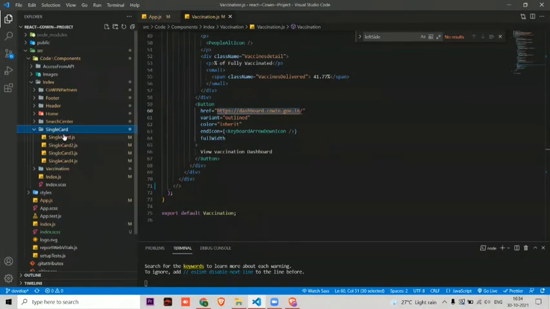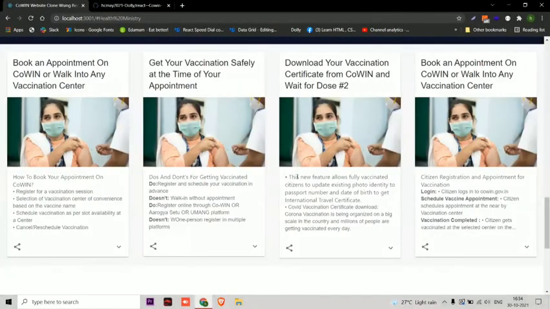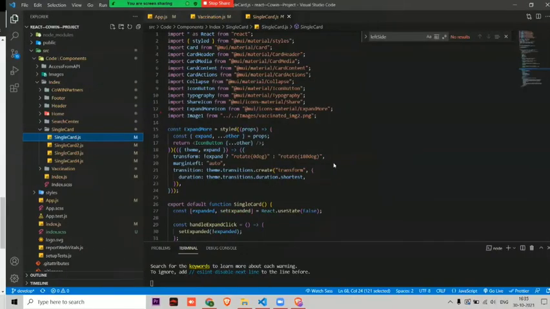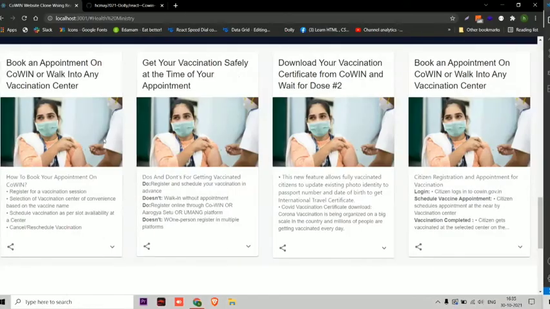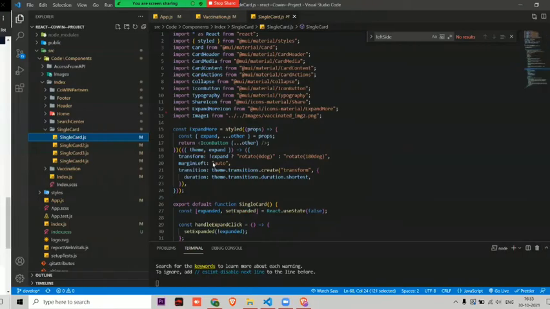For a single card, actually we can get all the information in a single card itself, but right now I was not able to use that, and I was getting some errors, so I have divided those 4 cards into 4 separate cards. We can do it with a single card also, okay? So here I will show you the single card.